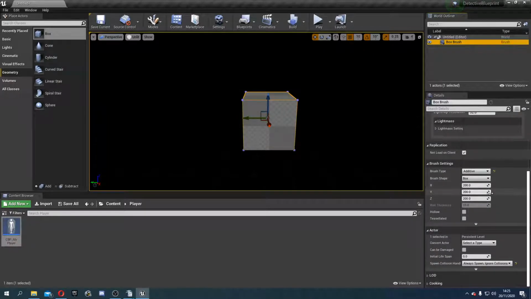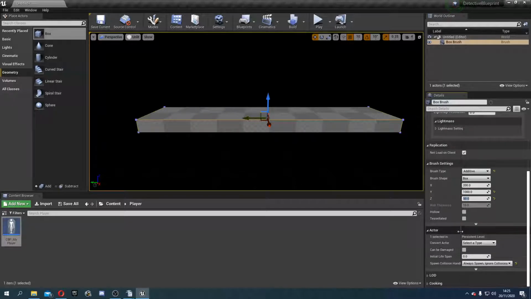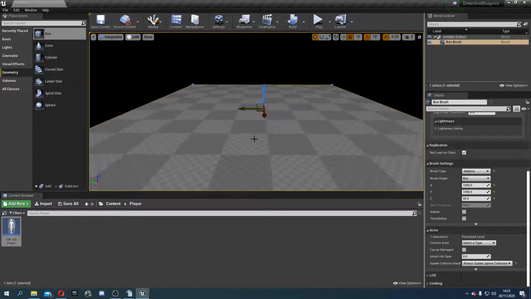So brush settings down here, let's in the Z change it to about 50, and I'm going to say 1000 by 1000 just for now,